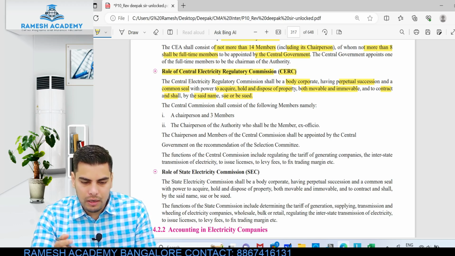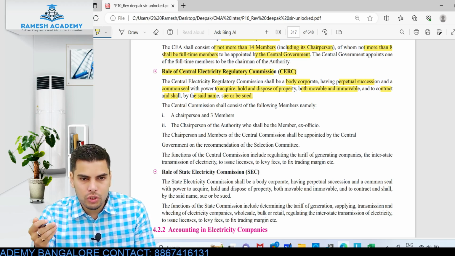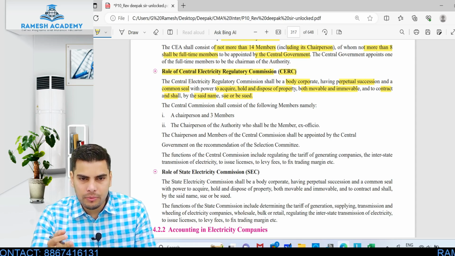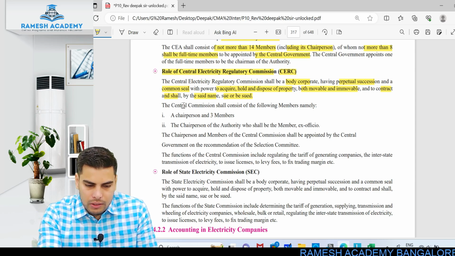So this Central Electricity Regulatory Commission also will be treated as a company, a body corporate having perpetual legal succession and a common seal, and it can buy properties, whether movable or immovable, in its own name. When it comes to putting a case, this body corporate or company can put a case on somebody, or somebody can put a case on this body corporate. Easy. Okay, so let's talk about the